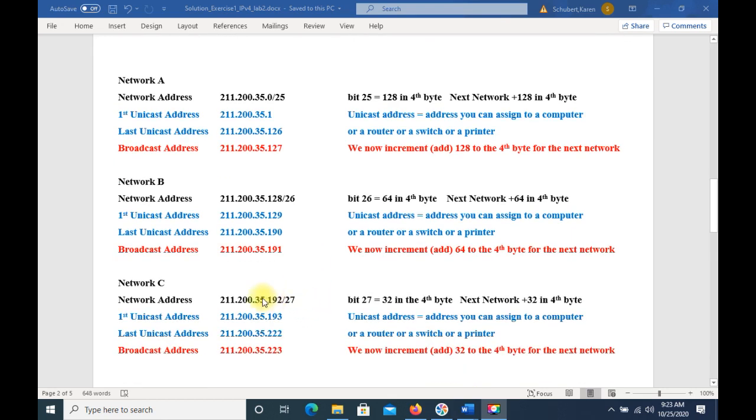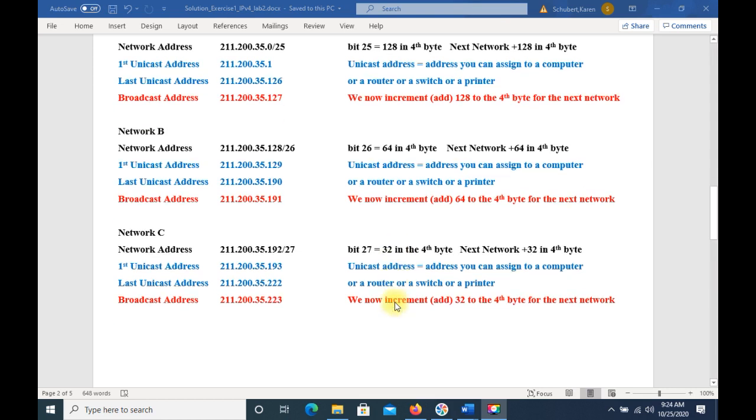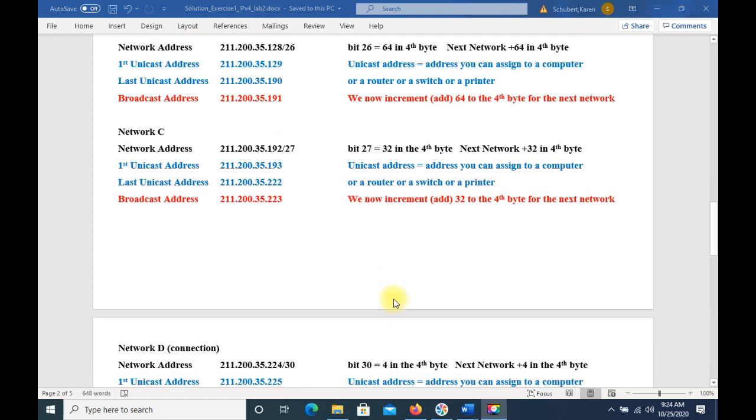Now network C, we already added the 64 to the 128 to get to the network address, 211.235.192. Again, we change the subnet mask to /27, and we know that bit number 27 is in the 4th byte, but it's worth only 32. So to get to the next network address, we have to add 32 to 192. So the next network will be network D at